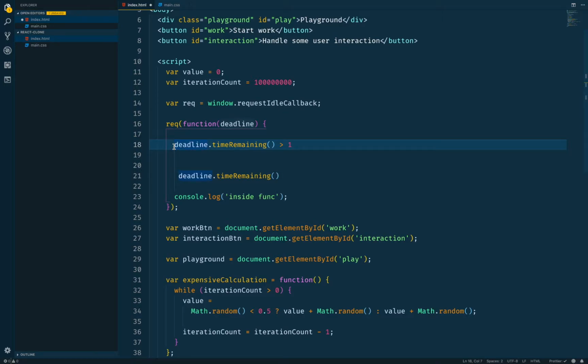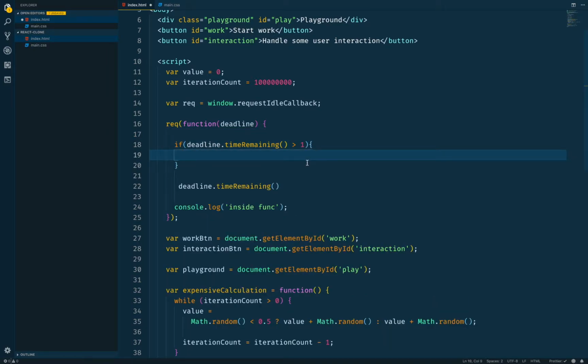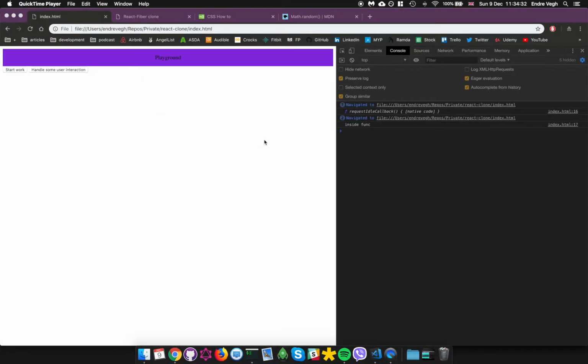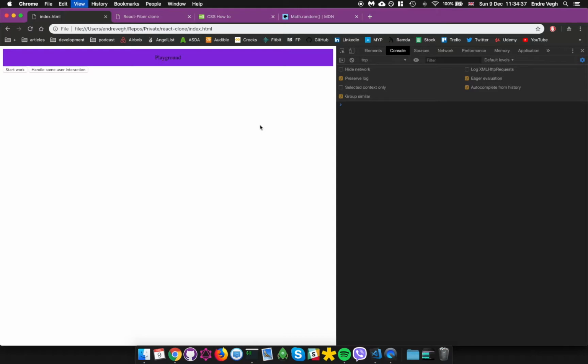So you can do something if it's like this, then console log things out. Otherwise, I don't want to interrupt the DOM painting or UI events, or whatever you want to call it. So that's a pretty good way to do things. Okay, so inside the function, it meant that we have time. So that was called inside the